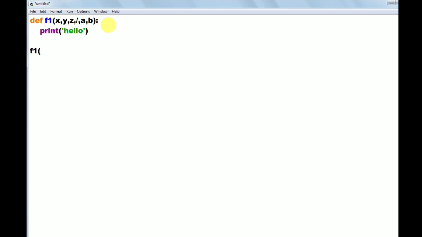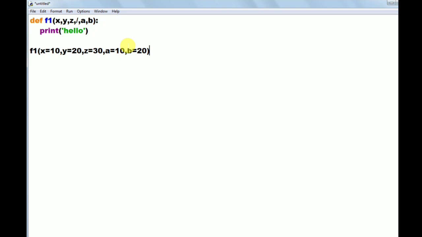Observe here, I am using keyword arguments now. x as the keyword argument, y as the keyword argument, z as the keyword argument, and a, b also I am giving as keyword arguments. Bracket close. I am saving this program now.